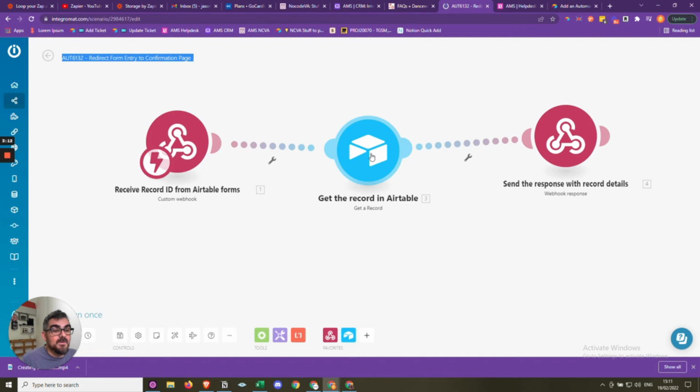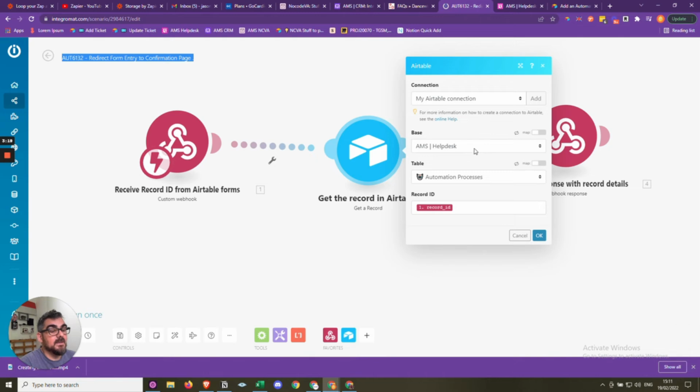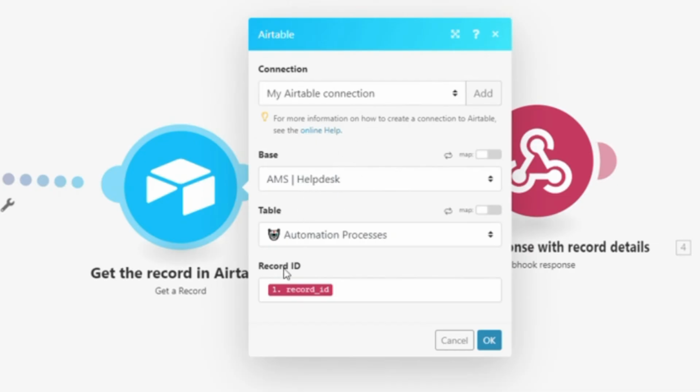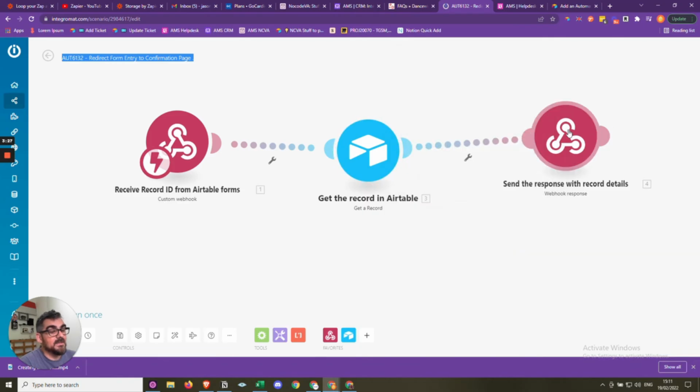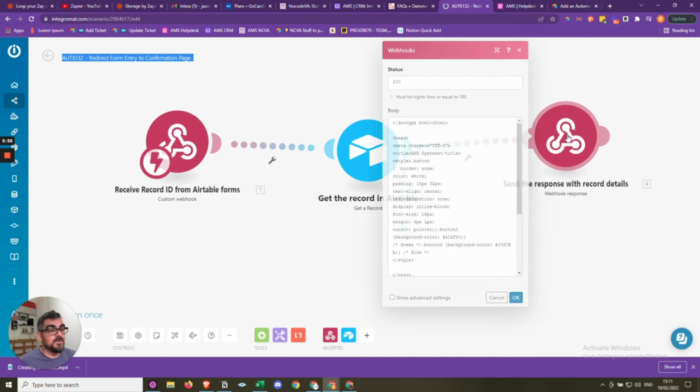So all we need to do then is go into Airtable. We're just using a search Airtable module here, and we're telling it to go and find the record ID in the table. That's all we're doing there. And then the last one is the response. So then we'll send the response back to the client with the information we want. So if we just open that one,